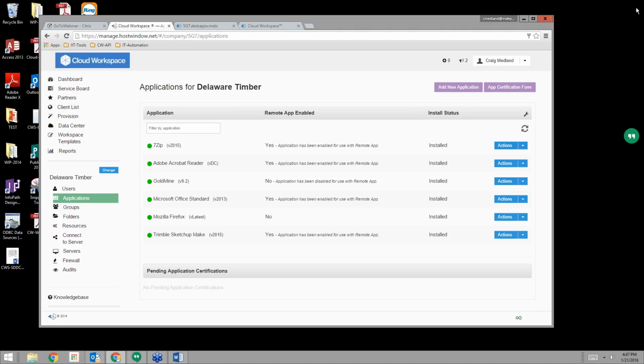Yeah, and the one thing I would emphasize too, Chris, because maybe I'm trying to think a couple steps ahead here, some of the questions. What you're seeing here is the management portal, but if you sign up for a Cloud Workspace, you will also get tech-level credentials. Those are domain or enterprise level credentials, so you can actually log into the platform servers. You can log in directly to each of the client servers. So you have a fair amount of ability there, because again, we're like an overlay over Windows. You still have an ability to log in and perform different maintenance or operational tasks directly on those servers.